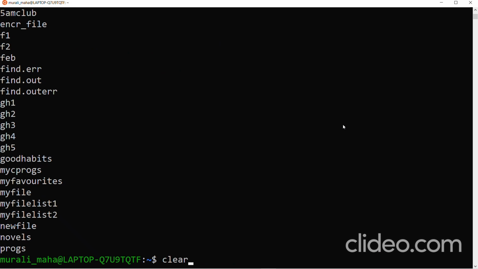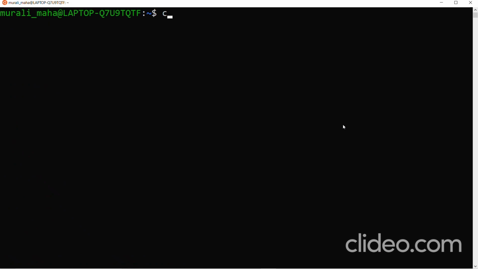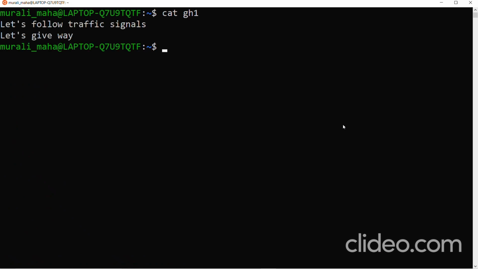Got it? Let us suppose I have GH1. To this GH1, GH2, GH3 and all, I want to append some more contents using the tee command. So with tee command, you have an option called append option. tee -a gh question mark.